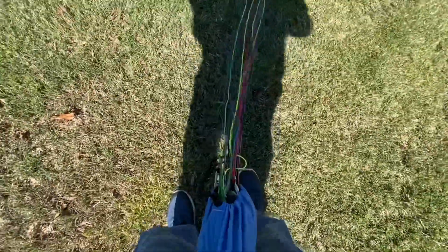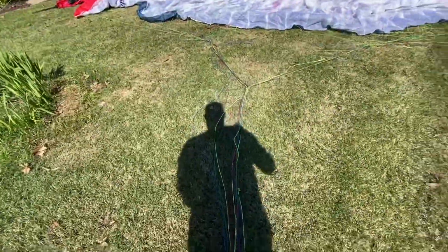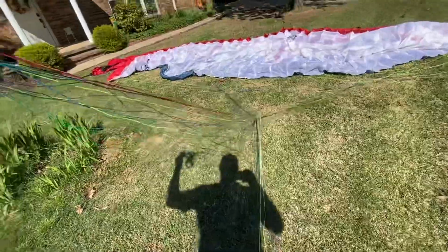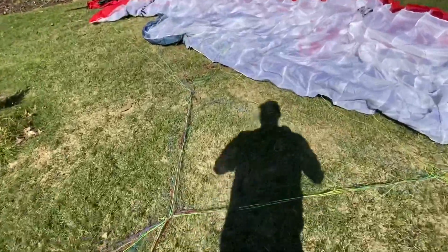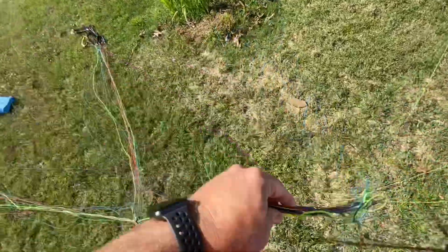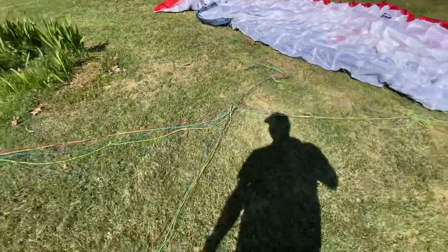So we're going to take this out and cringe a little bit more, because I know these things were tangled up horribly. I'm going to try to do this with one hand, because I'm videoing with one. And looking at this mess, look at this, guys. This should take like forever, right? However, it will not take forever. The secret is